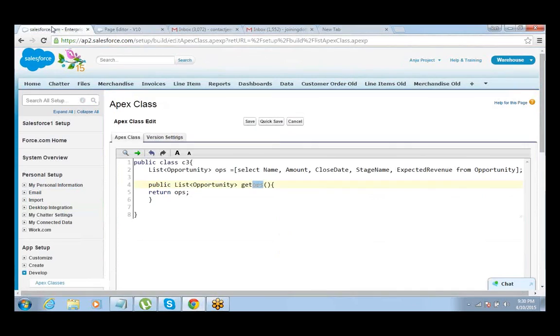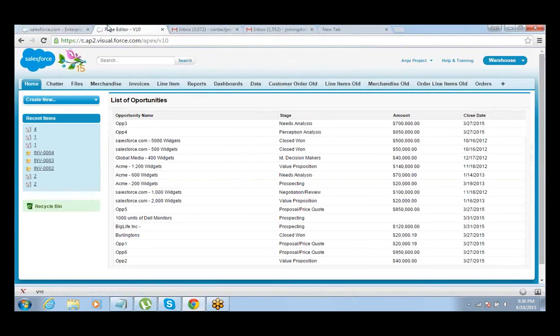Alright, so we have done an example for account, we have done an example for opportunity. Now what I would want you to do is, in account we put a where clause and then created multiple tables on the same page. For opportunity also you can do multiple tables with the stage. So create a table for all the closed won opportunities, then a table for all the prospecting ones, a table for all the proposal and price quote ones, that sort of thing. You will get more practice and be able to write your own code and see how it is working. So try working on this.